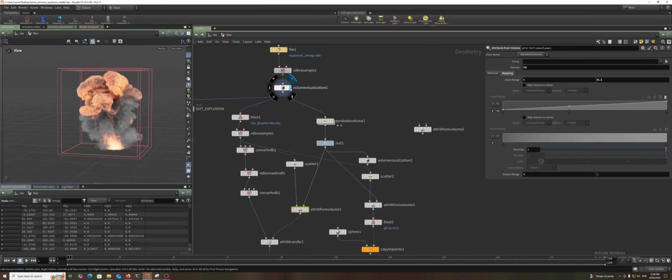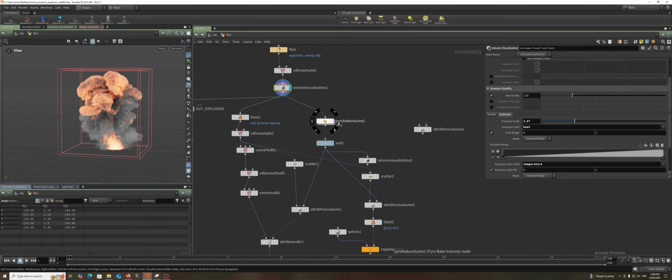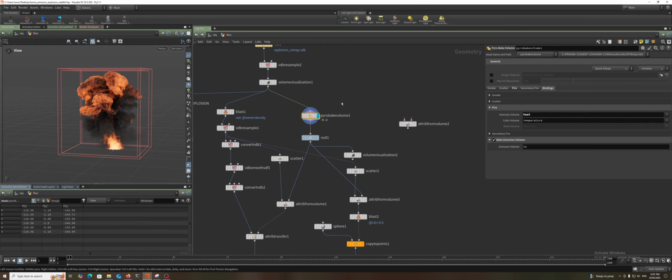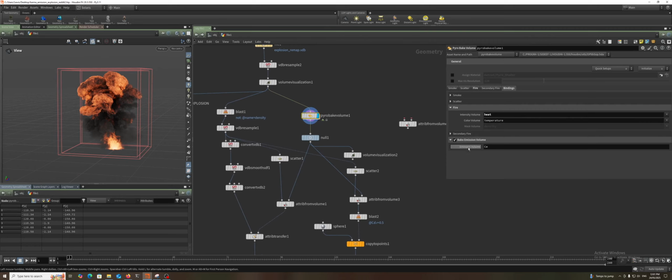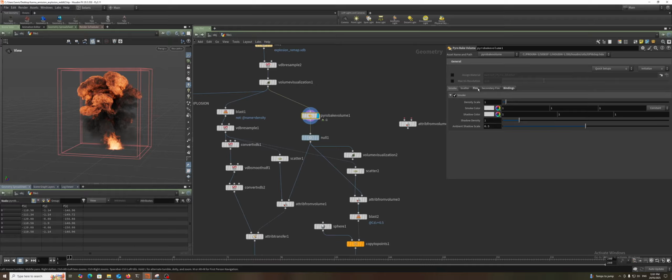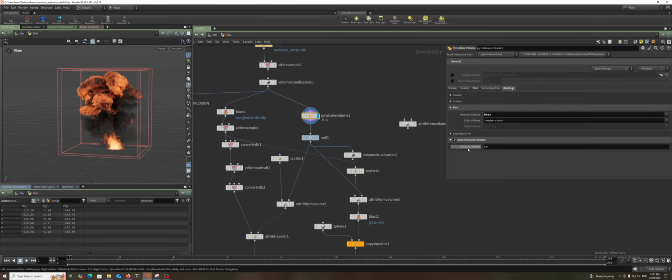So if you come down here, that's our volume. Pyro bake shader, it's great. Everybody uses it. It's pretty cool. It also has the option to bake out the emission volume. So if you dive inside here, you can see exactly what it's doing, and it essentially is taking the result of what happens in the pyro bake, which is the whole masking of the density through fire and all the rest of that. It's baking it out to a Vec3 color field that you can use in an external renderer